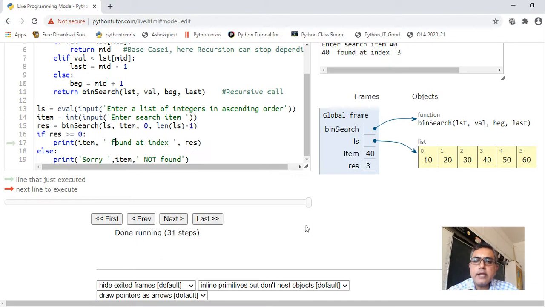Okay. Now children, see, until you execute these codes yourself, you will not be able to understand them properly. You execute all these codes yourself, execute in Python Tutor also. You will come to know how internally it is being executed. Binary search, Fibonacci series and factorial using recursion are very important from the examination point of view. So please do try all these codes yourself and try to understand recursion properly.